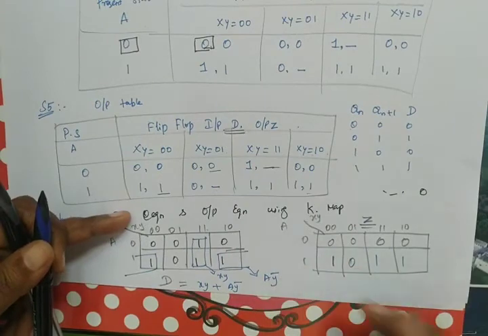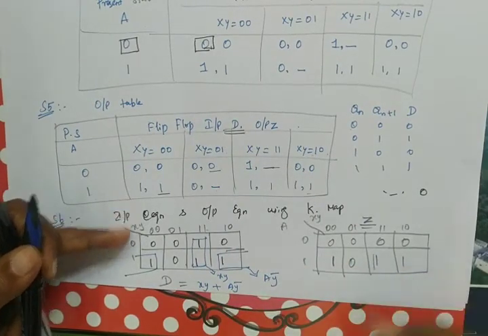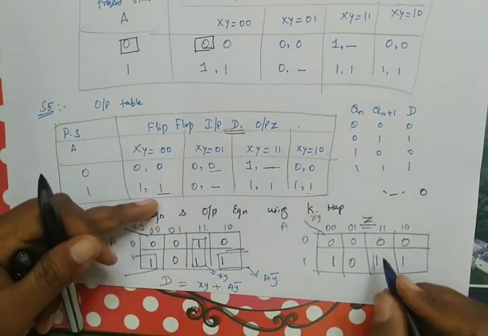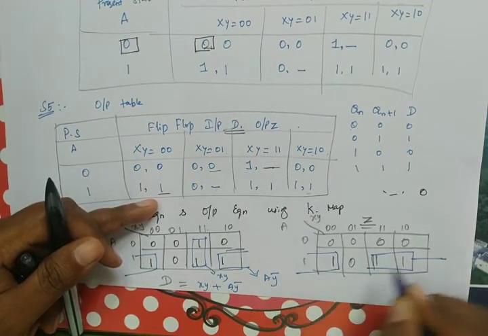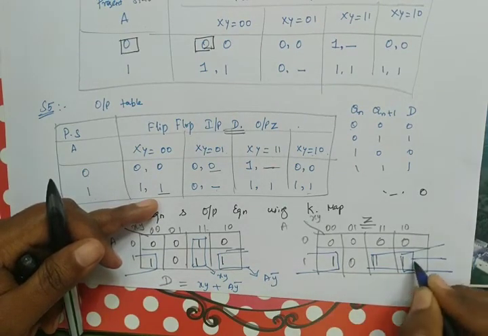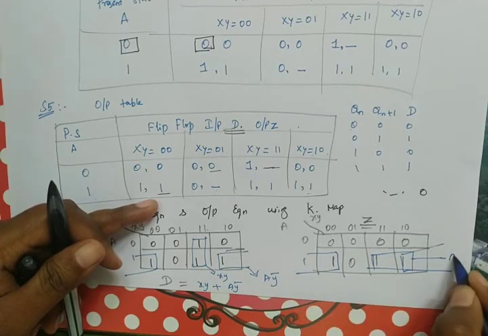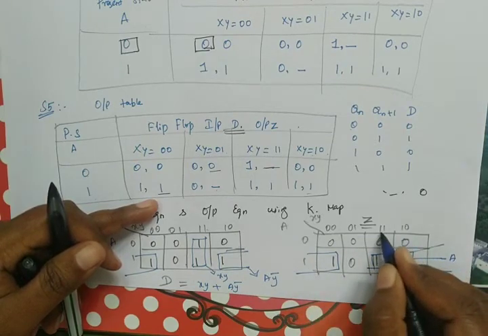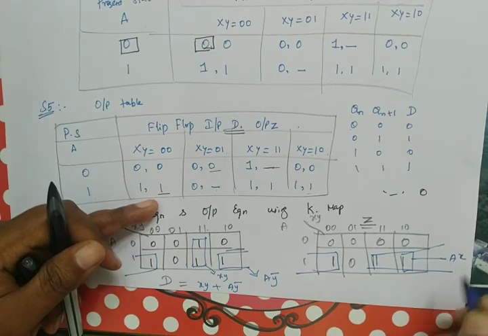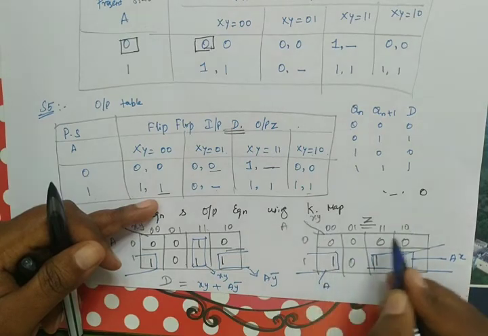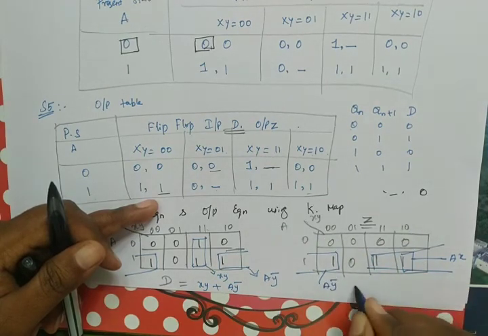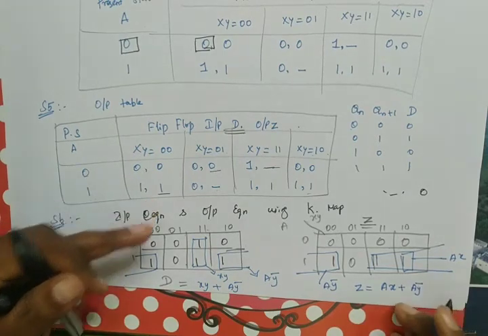Now form groups. See here. Here is one group and this is another group. For this group, here we have A, then here we have X, AX. For this group, let us combine these two. Here we have A. Now let us check this. X bar cancels, so y bar. Therefore Z is equal to Ax plus A y bar.